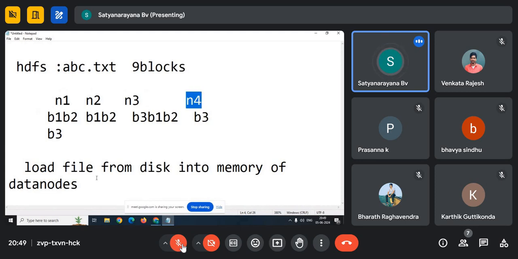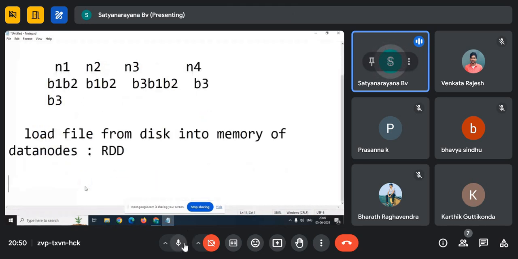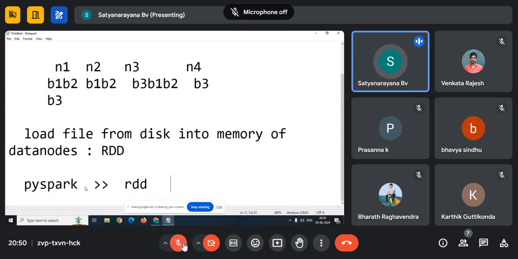So that means when you want to analyze with Spark, you must bring the HDFS file into the memory of the worker nodes, the same data nodes. That is called an RDD. Understood? So when you create an RDD, how do we analyze it? After bringing the data into memory, you can run PySpark on the RDD.